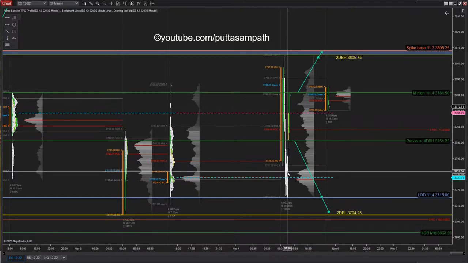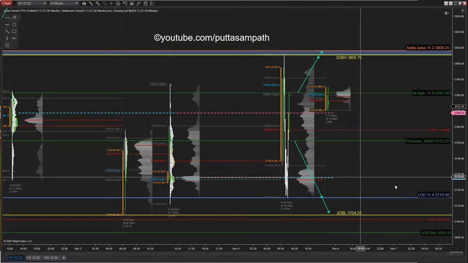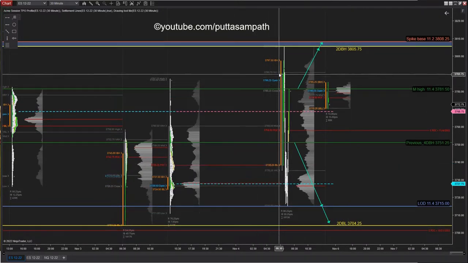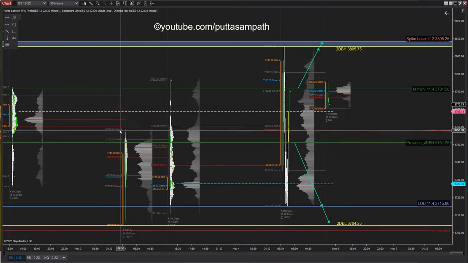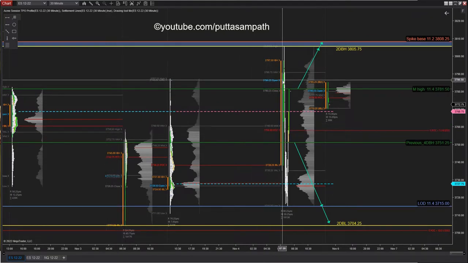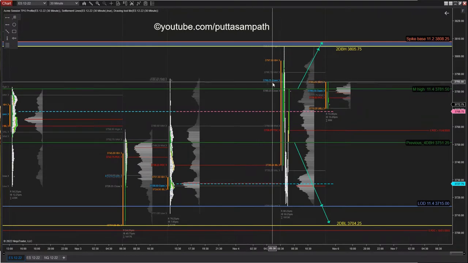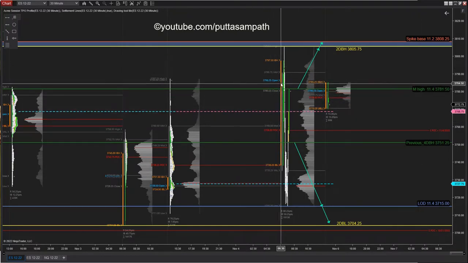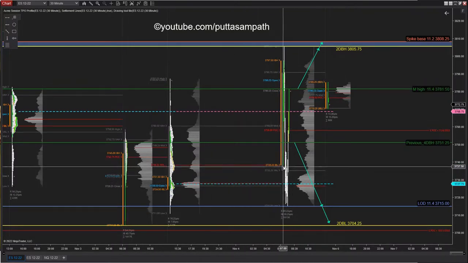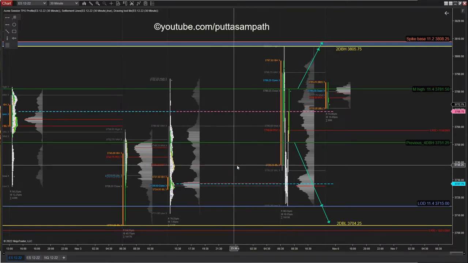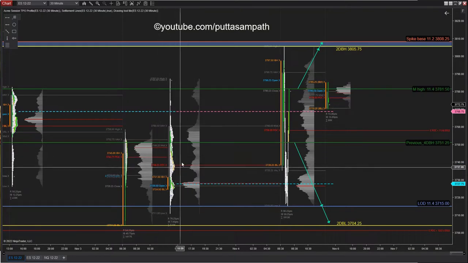So briefly touching upon what has happened, let's see Friday's price action, the November 4th. We opened with a gap up, well above the prior day's high of 3758.5. We opened around 3766.25, and then we had a counter auction towards the prior day's settle, but we formed an initial balance low of 3728, which exactly coincides with the overnight session's